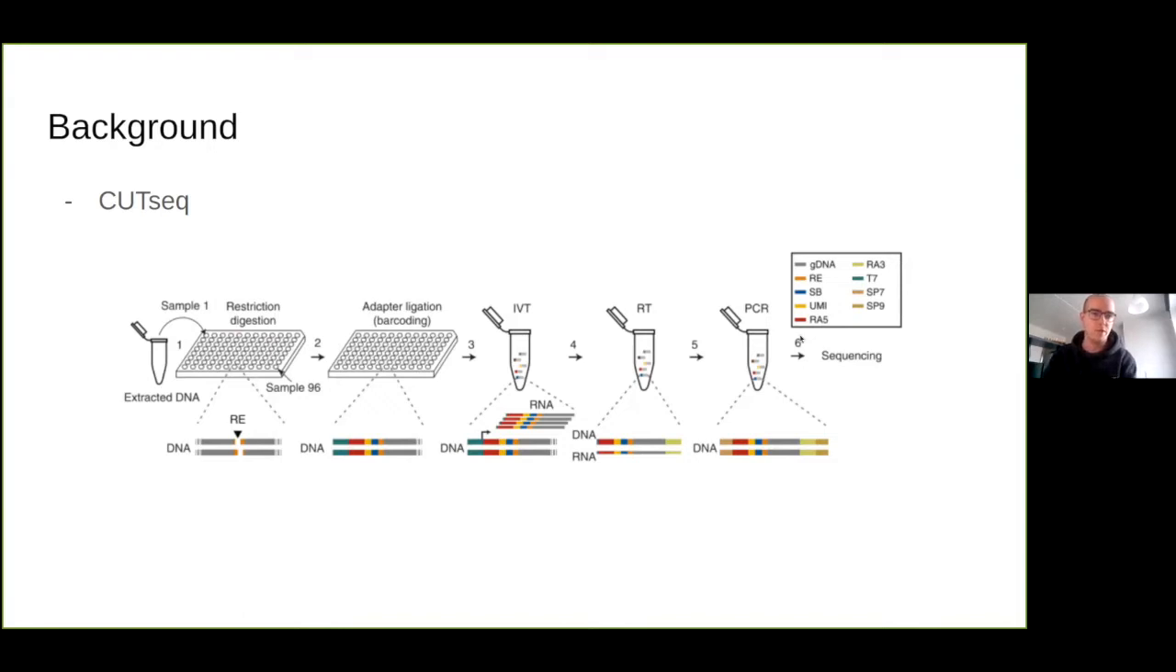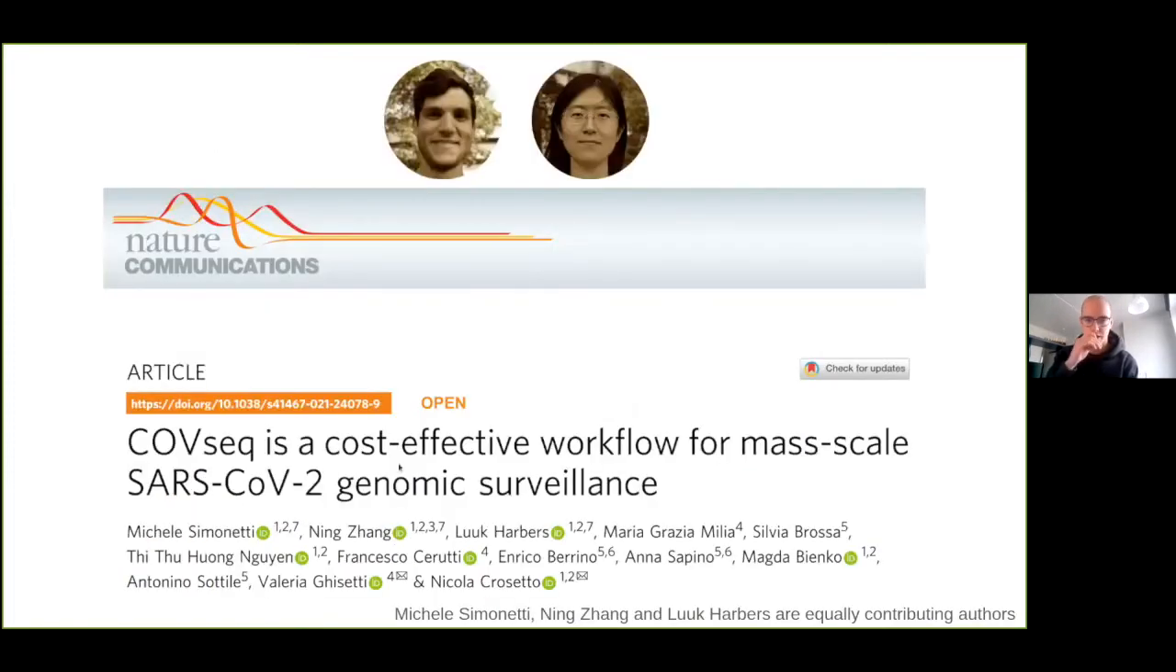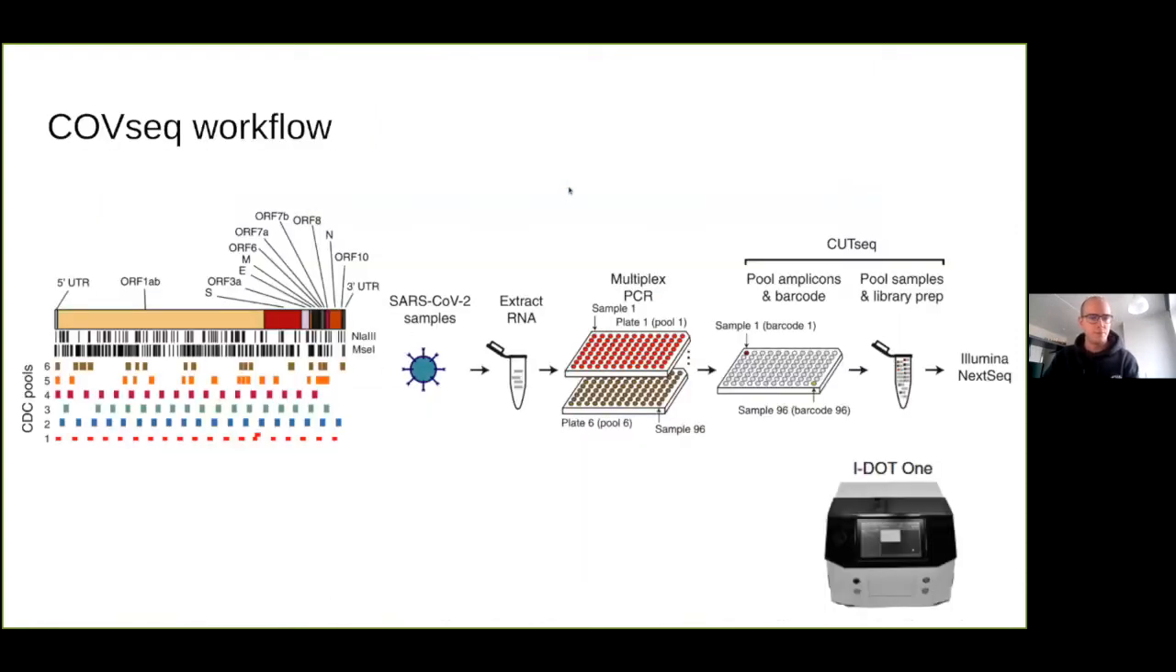So that was a method we developed at the end of 2019. And then, of course, the pandemic came. And so we decided to try to adapt this method to also be able to sequence many SARS-CoV-2 genomes in parallel. So that's what we did. And we called this method COVseq, which was published in Nature Communications, which I worked on together with Michele Simonetti and Ning Zhang. So this COVseq workflow, I will just show the workflow, a few slides of brief results, and then go to